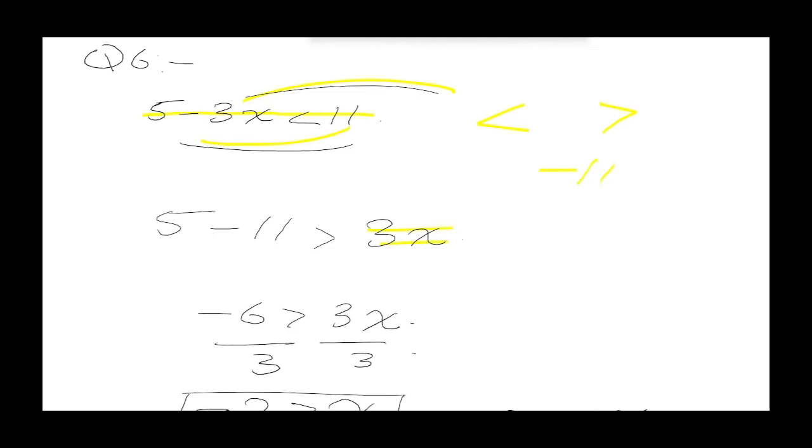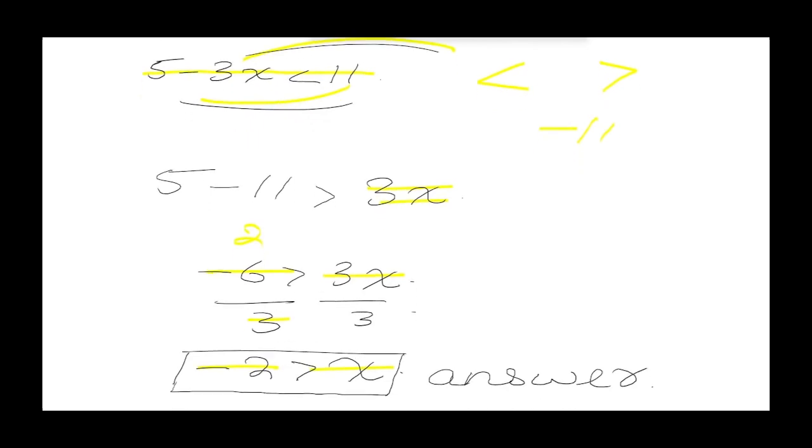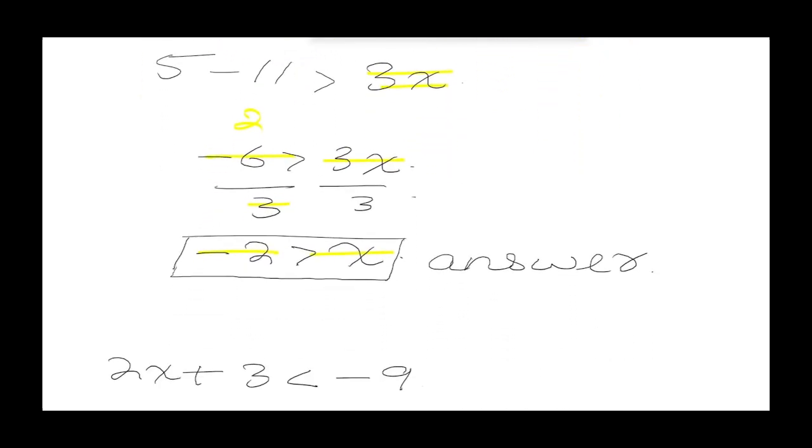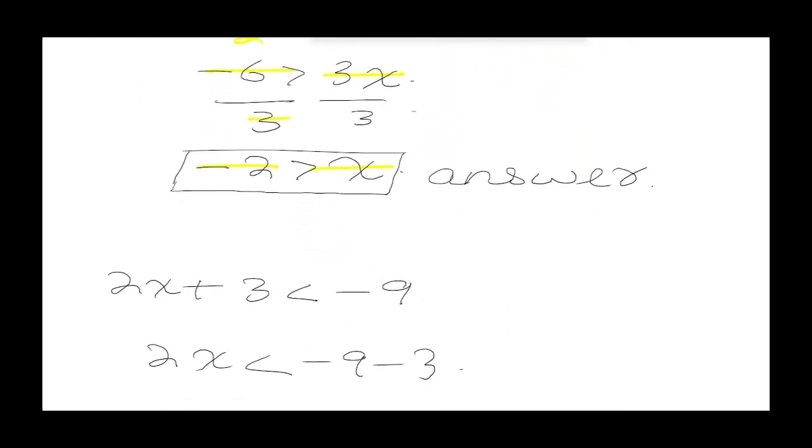Okay, so 5 minus 11 is negative 6 and it is greater than 3x. So 3 will be divided on both sides and 3 2s are 6. So negative 2 is greater than x. That is our answer. Now for the second part of question number 6, we have the inequality which is 2x